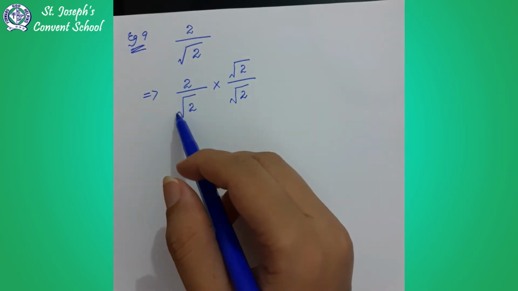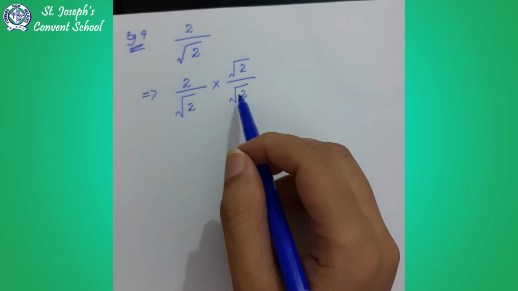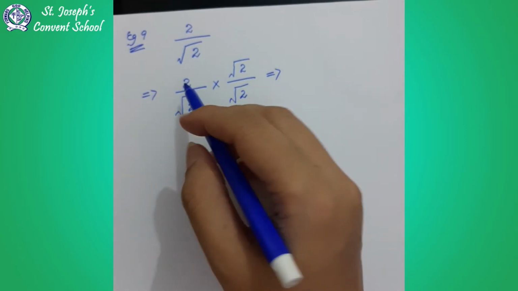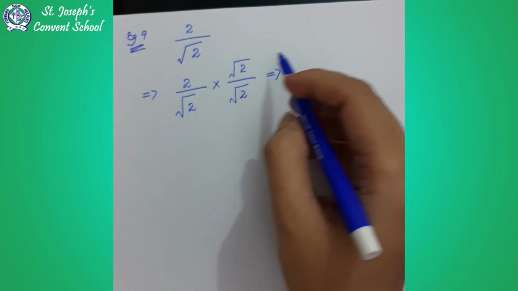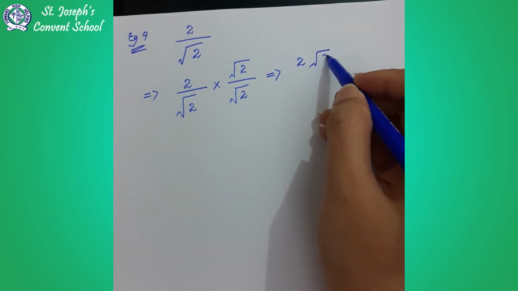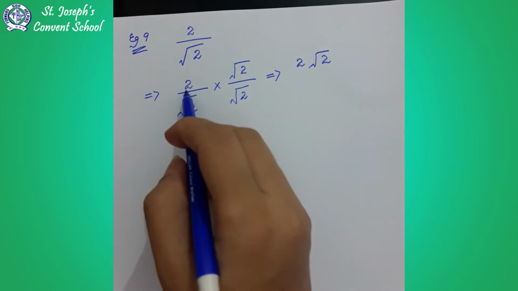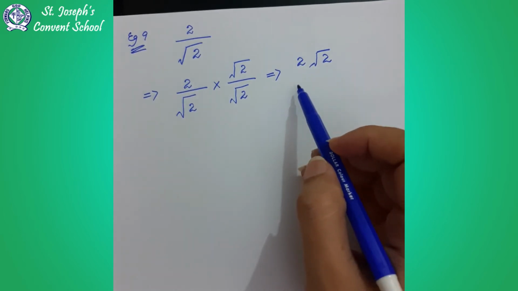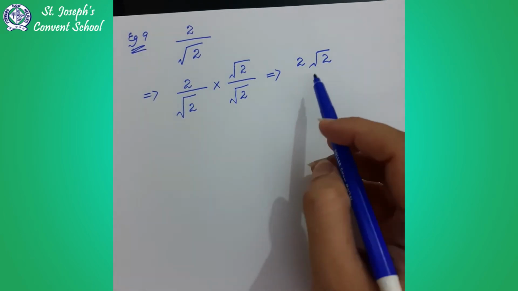Now this is equals to numerator into numerator, 2 under root 2. This 2 is without root, this 2 is with root. So you will get 2 under root 2 divided by